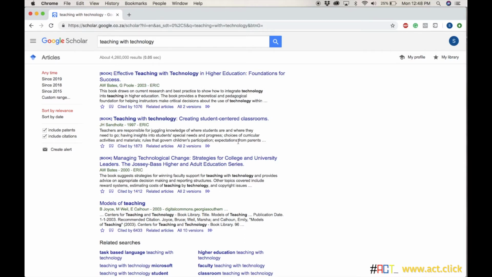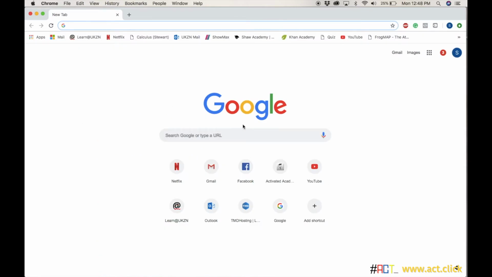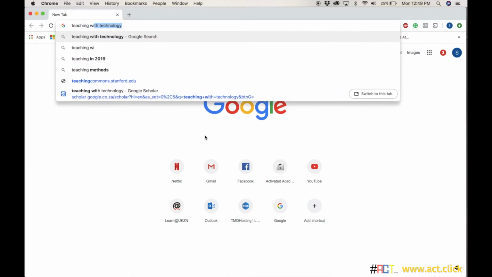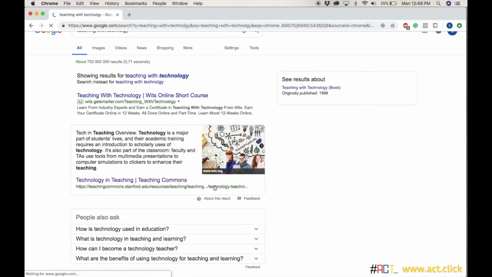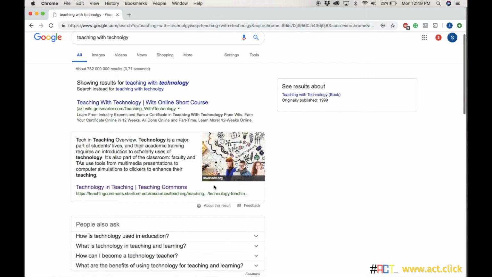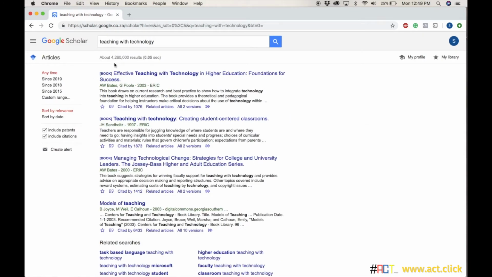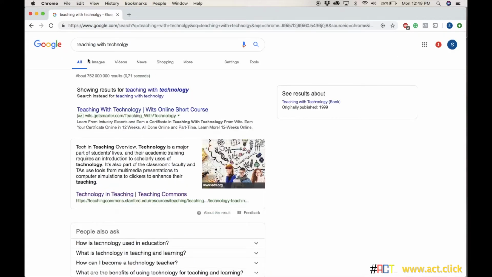Now I'm going to do the same thing in Google. So into Google, I'm going to type the exact same thing. Now you'll see this search has come up with a very different result. The first thing you should notice is in Google Scholar, we have 4 million results. It's still a lot, but in Google, we have